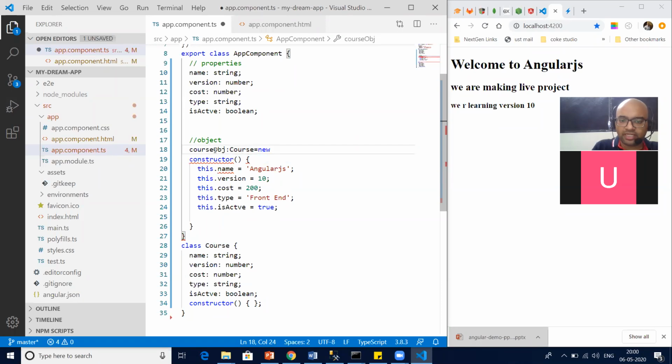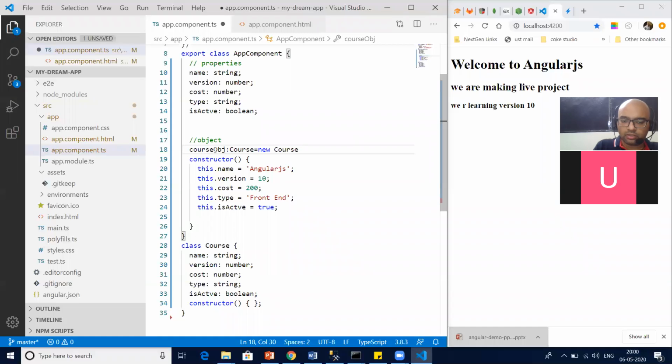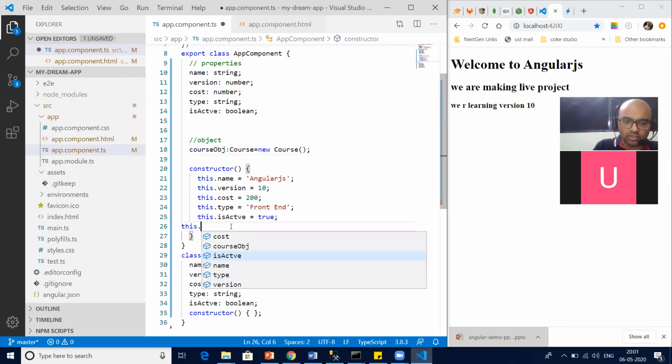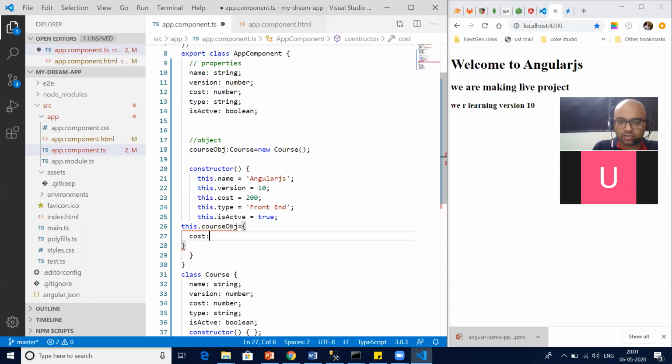And then how we create object, that also we all know, if I'm not wrong. Course, right? Correct team? We created object, right? And I can say something like this dot course object equals to curly braces open close, and now I can say cost, let's say 200 or let's say 400, is active, I say true.